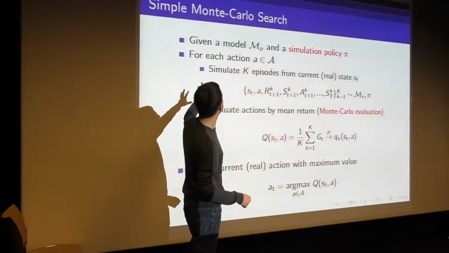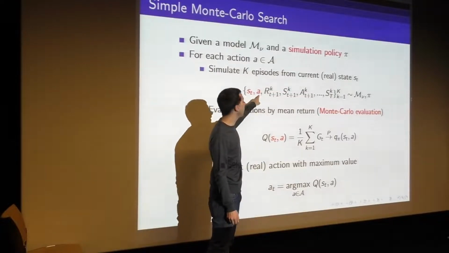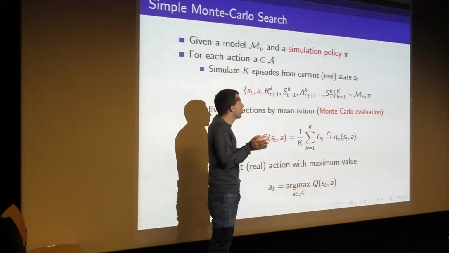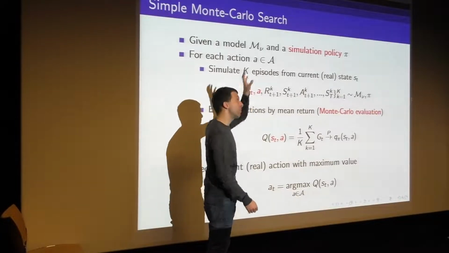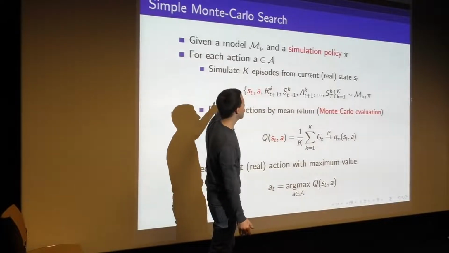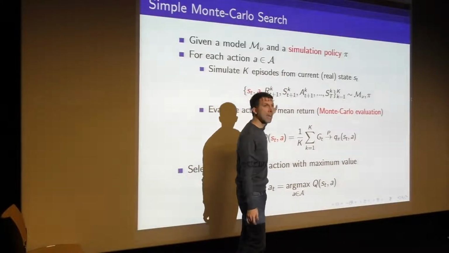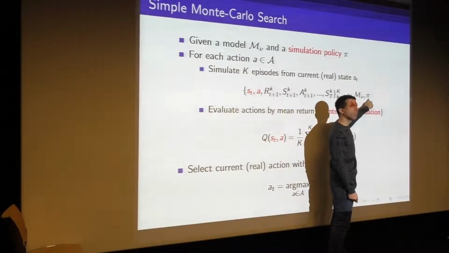And now what we're going to do is consider, from our root state, all the actions we could take from that root state. So we just consider the root of this tree. Say I could go left or I could go right. I could move my hand here or I could move my hand here. And for each one, I'm going to generate big K episodes by sampling from our model and from the simulation